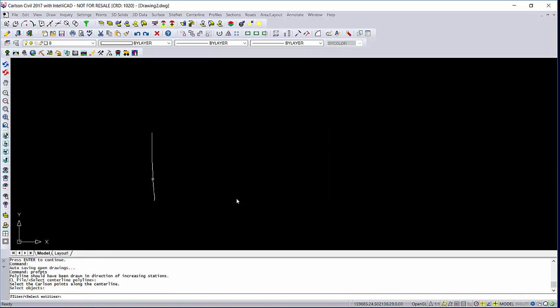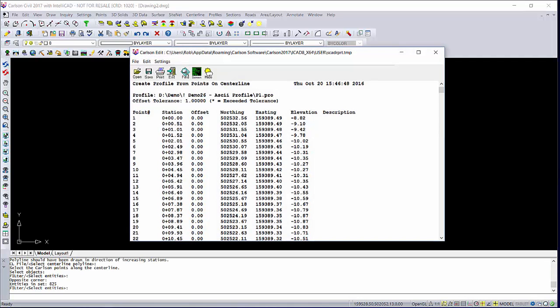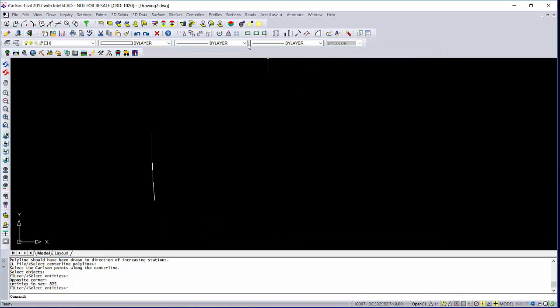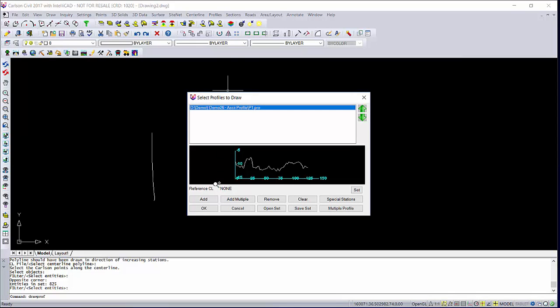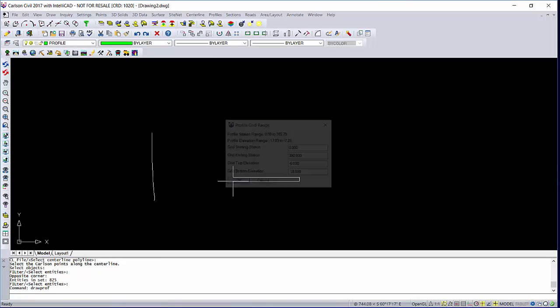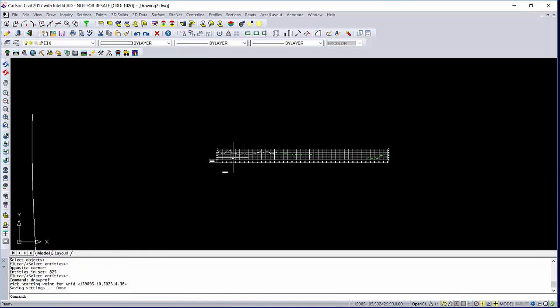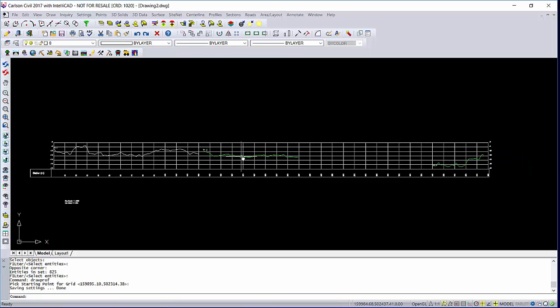Okay, so these are my entities. Here's a check where I can see if there are certain outliers, points that are too far away from my center line, which is not the case here. So I'm going to go draw profile, and I'm going to say OK, OK again. And now what do we have? Now we actually have